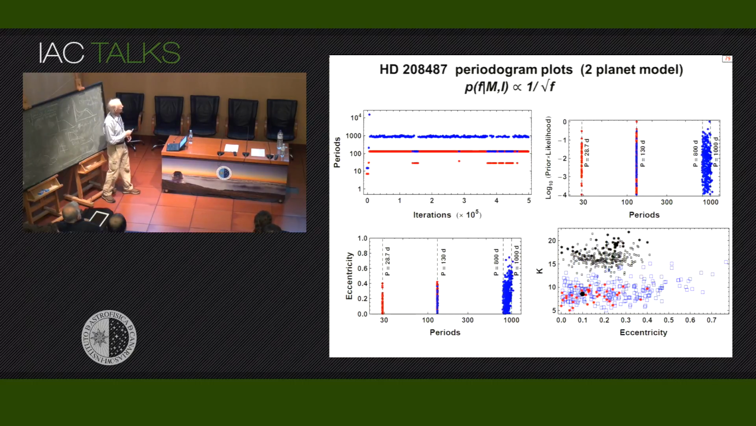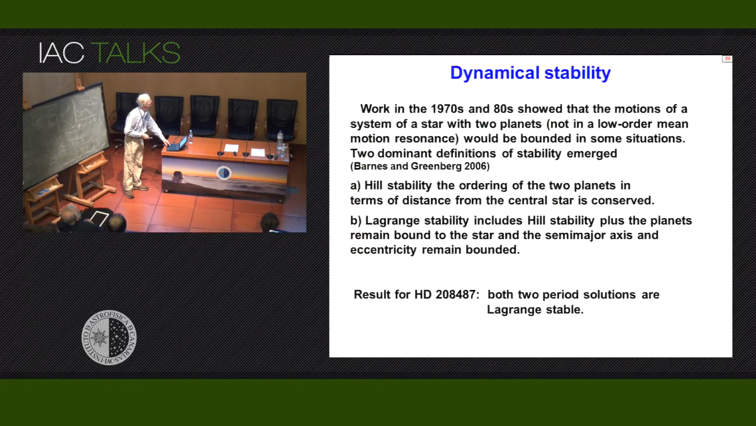Okay, so when I talk about a periodogram plot, it's really like a series of about 4 figures here that try and capture the different aspects of what we can learn about it. One of the things that you can do without doing an n-body simulation